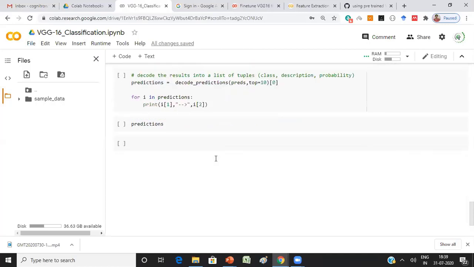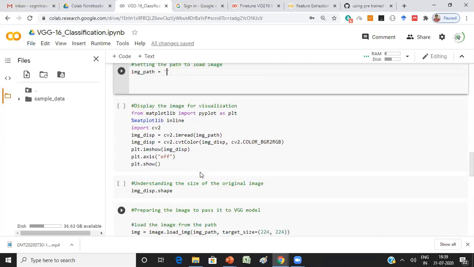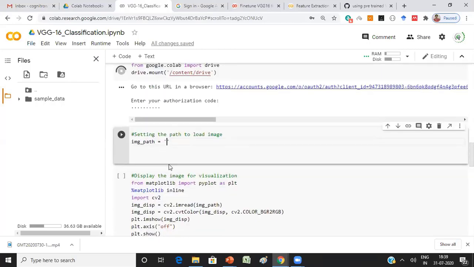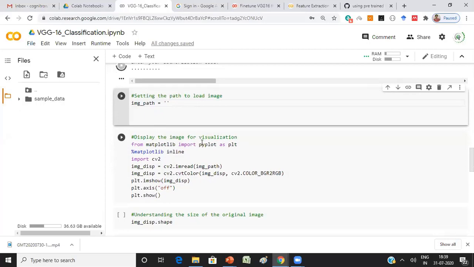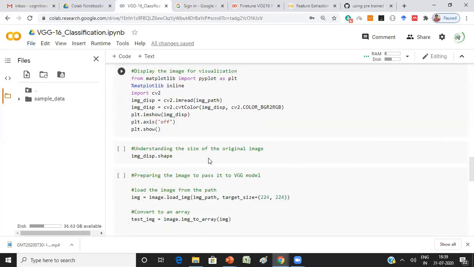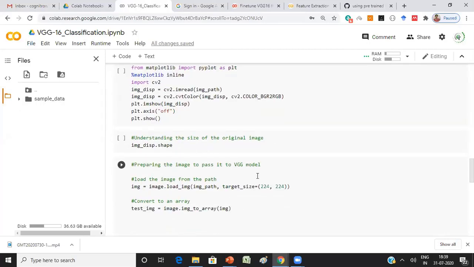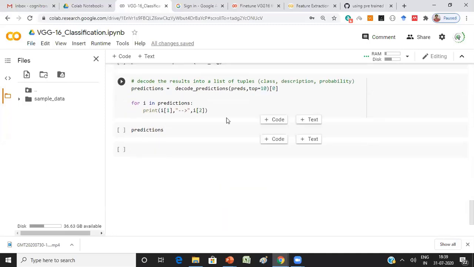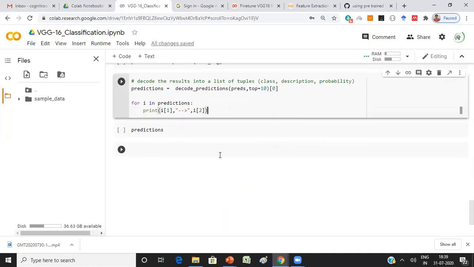Anyhow, I'll explain that. So what will the problem be? Assume that I'm passing a leaf image here, in the path. Actually, my task is prediction of whether the leaf is diseased or not. And when I use the same code we used yesterday, can you guess what the output of the model would be?